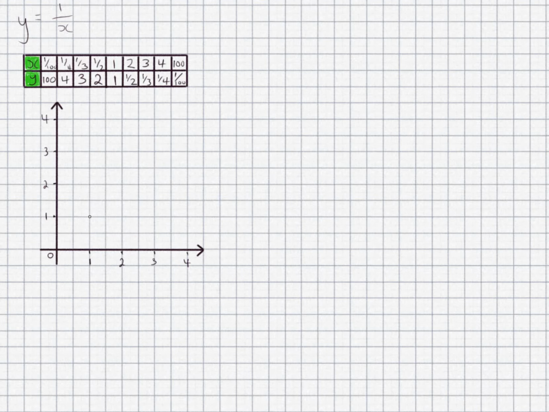Let's start with the point 1, 1. As x gets bigger, y gets smaller. So our next point is 2, 1/2, then 3, 1/3, and 4, 1/4, getting very close to the axes. Going the other way, at x equals 1/2, y equals 2. At x equals 1/3, y equals 3. And at x equals 1/4,